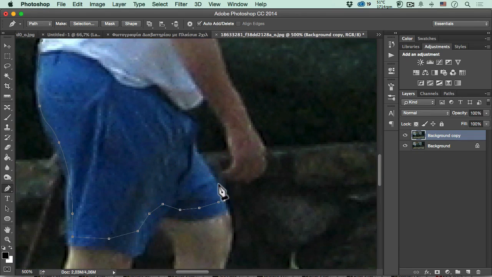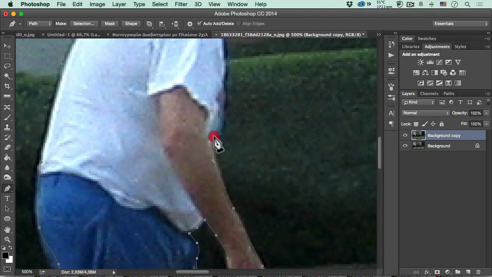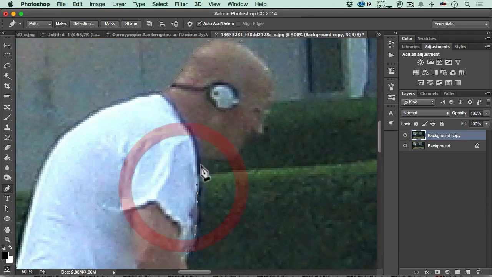So this is the end of the selection here, the base, and now I will go there and click and select his body again on the other side. I will select his hand. You must have a pretty big zoom in order to see easily what you do. And the thing that we want now is to isolate the upper body of our friend in order to make it pretty again. So we'll go here, I will go there, I will take his neck,